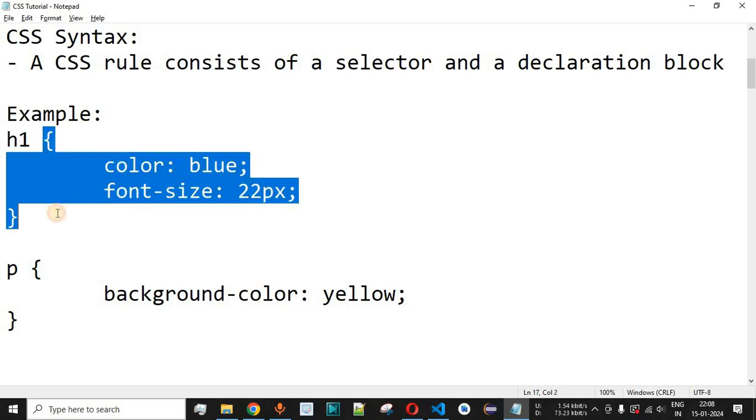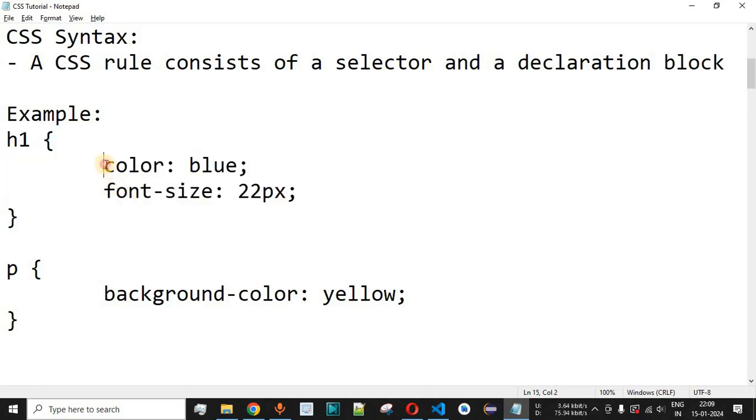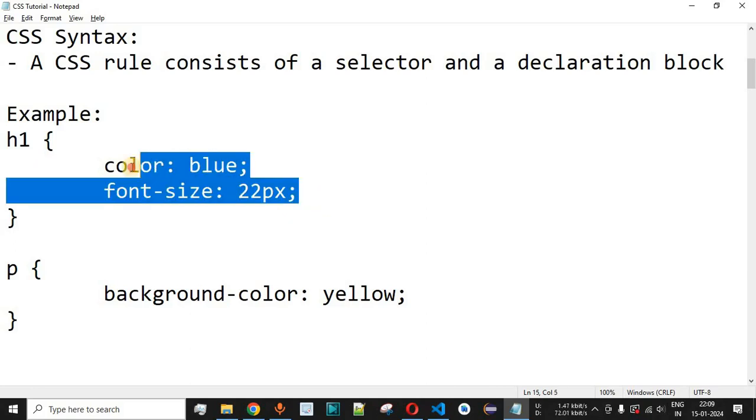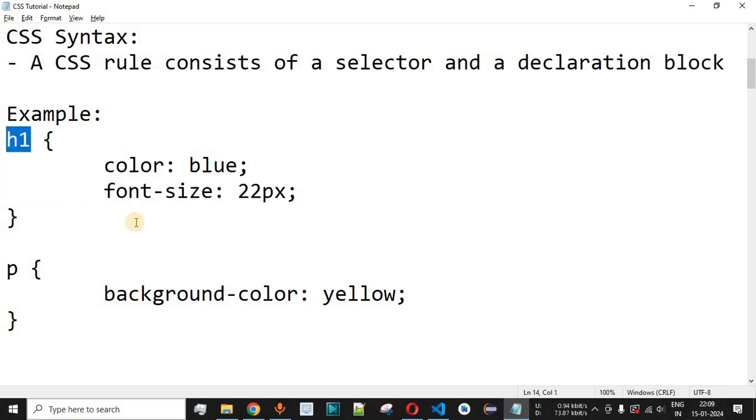So inside the curly braces we write different CSS properties. So as you can see, this is the example, that is color followed by colon, and then we have the color value, that is blue. So basically this is going to set the font color of the h1 text that we have set inside the HTML document that will be present inside the body tag. And then apart from this, we also have font size that is set to 22 pixels in this case. So guys, basically these are the two CSS properties that will be applied to the h1 element that is present inside the web page.